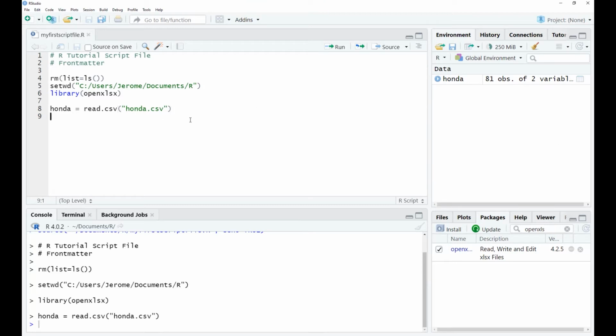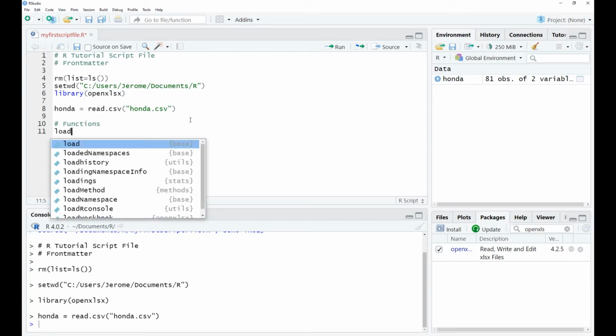So the next topic that we are going to talk about is what are called functions. Here I'm just going to put the hashtag again and say functions to highlight the new topic. So first, what we're going to do next is load this data file